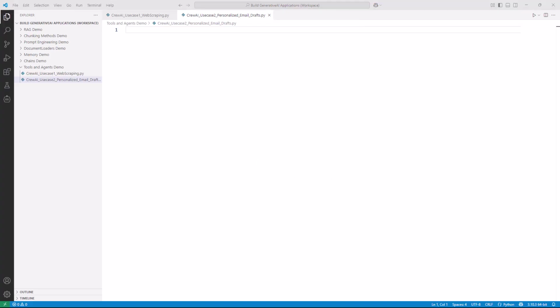So the first thing is make sure you install all the required packages, that is CrewAI and also CrewAI tools. In case you haven't installed them already, make sure you install them by going to the terminal and executing these commands. Okay. And the next thing is we have to import all the required modules from CrewAI and also CrewAI